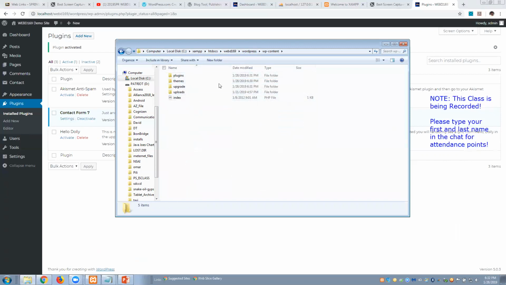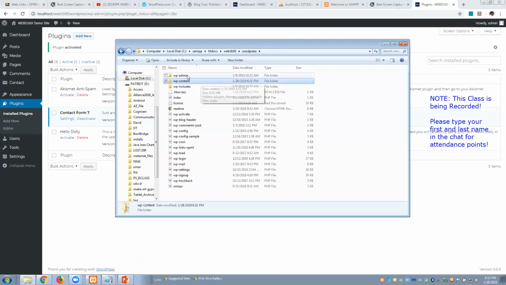This section here is the area where we're going to be putting in any of the changes that we have for WordPress. All the other areas like wp-admin and wp-includes are part of the WordPress core, and in general you should not touch any of the files on the inside of those. The only files you want to change are within this wp-content.